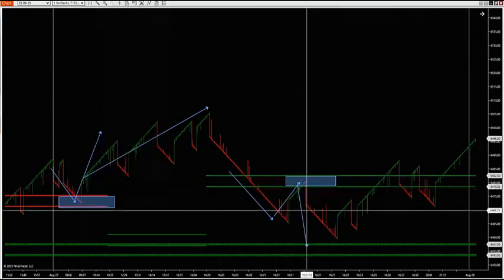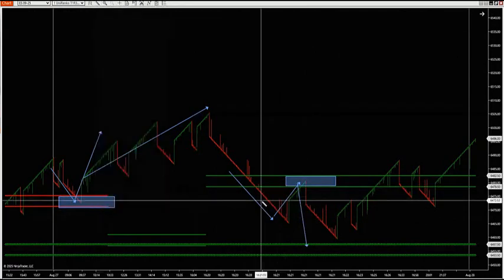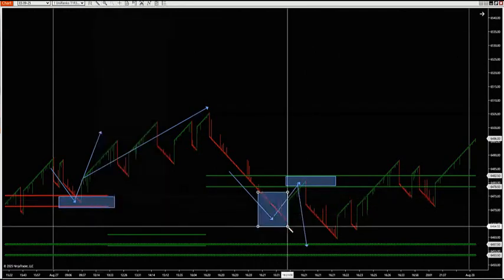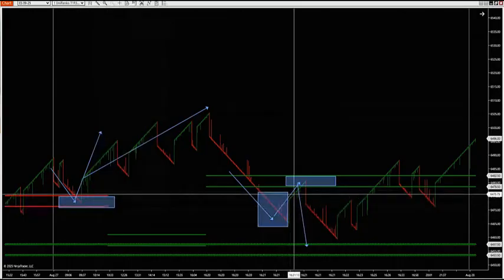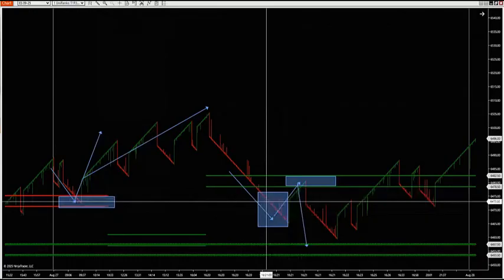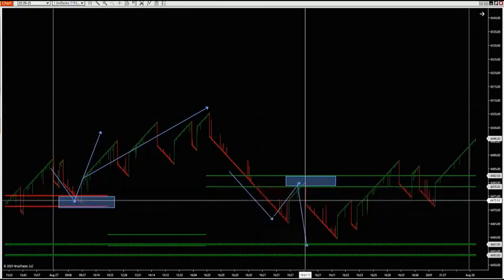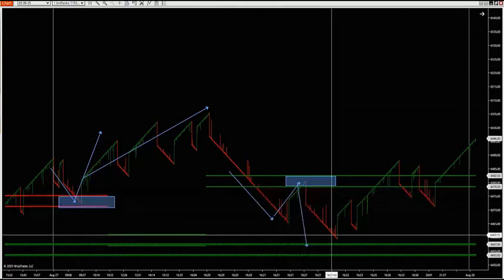They're trying to trap traders that are short. So what they do is they trap all these traders that are short, and they move it all the way back up. They grab liquidity from these counter trend traders, or these traders that are short, and then they bring it right back down